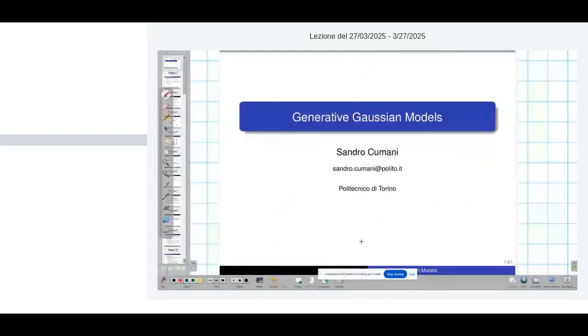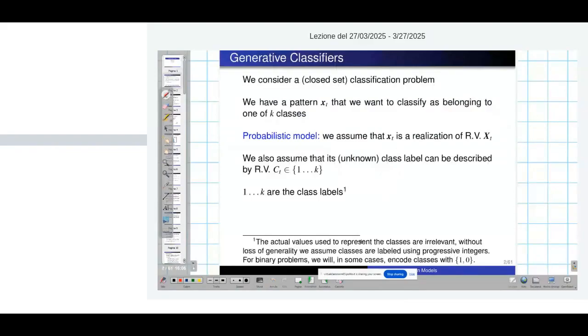Okay, now that we have seen how to estimate densities, let's see how we can use these densities for classification tasks. So our goal now is to build a classification model. We start with a binary example, but then we will describe the procedure for a generic K-class problem. As I was saying, for a generic K-class problem,